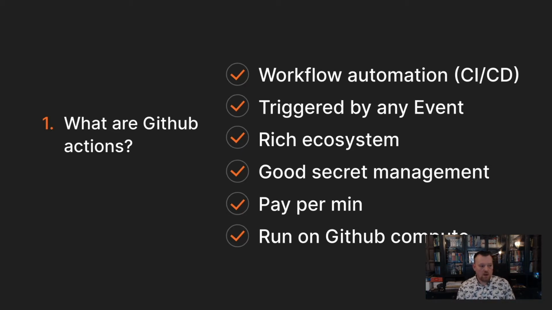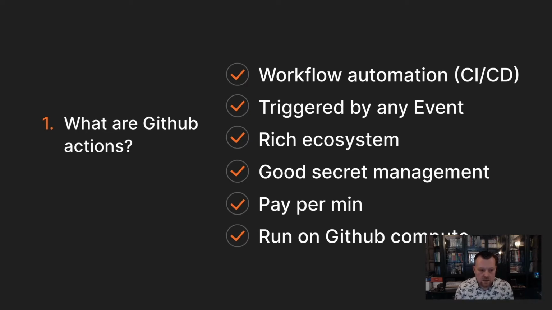So first of all, what are GitHub Actions? Well, they're a workflow automation CI/CD tool. GitHub already has a great ecosystem for basically merging pull requests, branching, comments, sharing and collaboration. They've added to that recently an automation tool that allows us to run CI/CD pipelines that are triggered by any